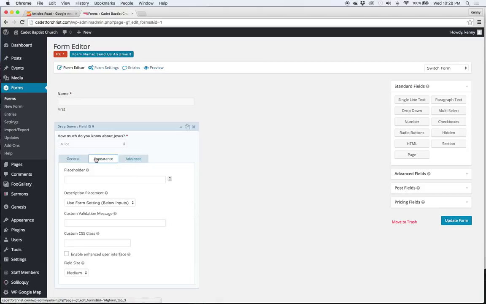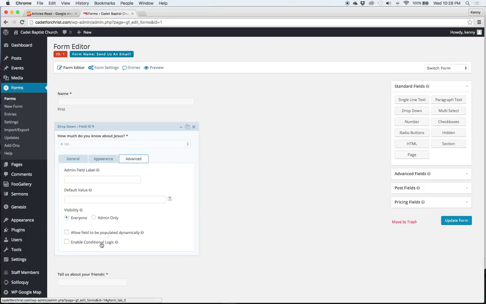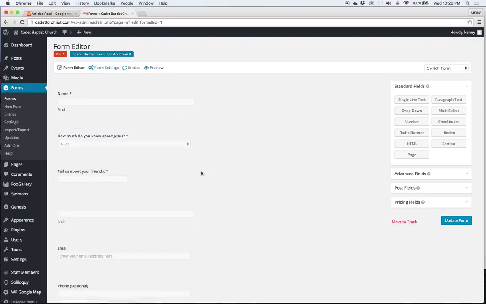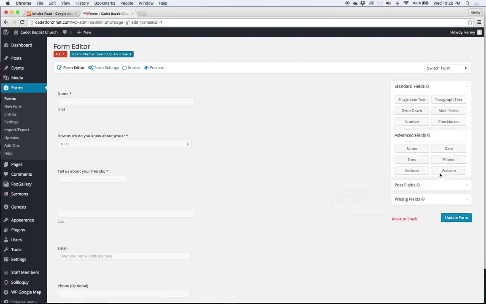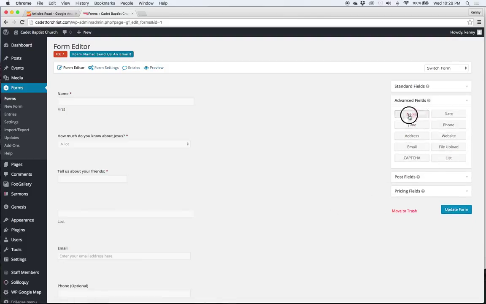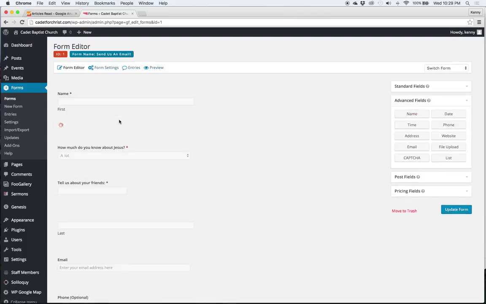We have some other options up here where we can change the size of it so it's bigger or smaller. We can go into the advanced part here, and we can mess around with conditional logic or some default values, different things that we can do here, and you can experiment with that. But the basics are just find something over here, drag it into place,